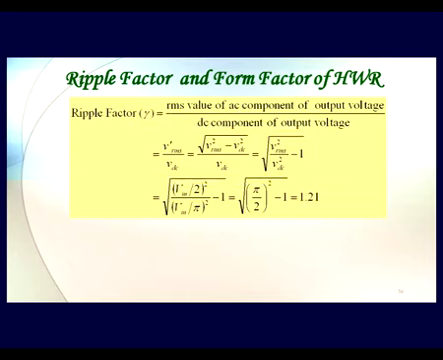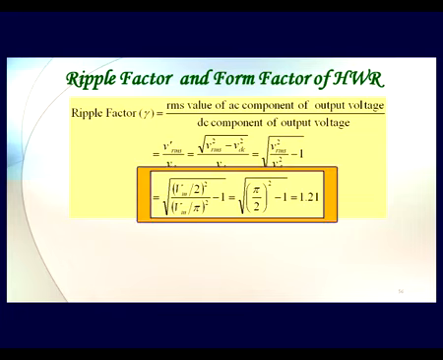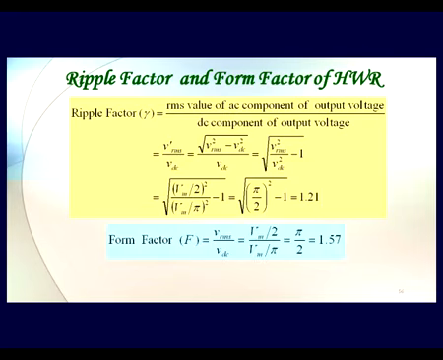And since we have already calculated the VRMS value and VDC value, if we just substitute those two here for half wave rectifier, as you know, VRMS is Vm by 2 and VDC is Vm by pi, and if I just substitute them with square and then minus 1, then I get the ripple factor as under root of pi by 2 square minus 1, which if you calculate it is 1.21.